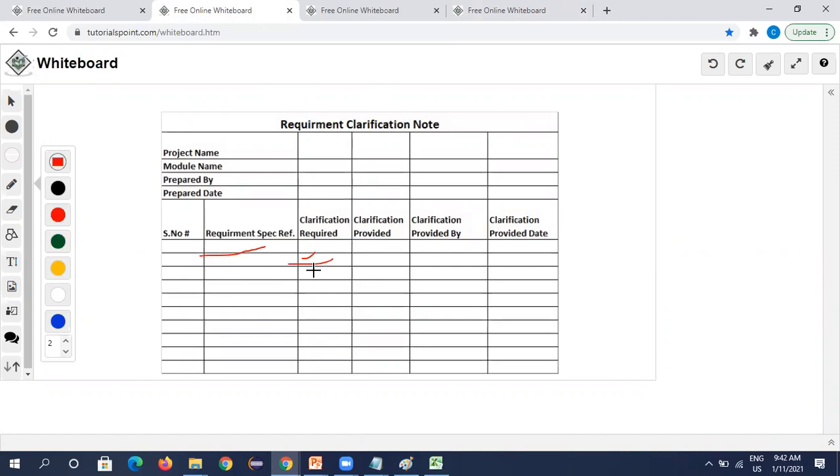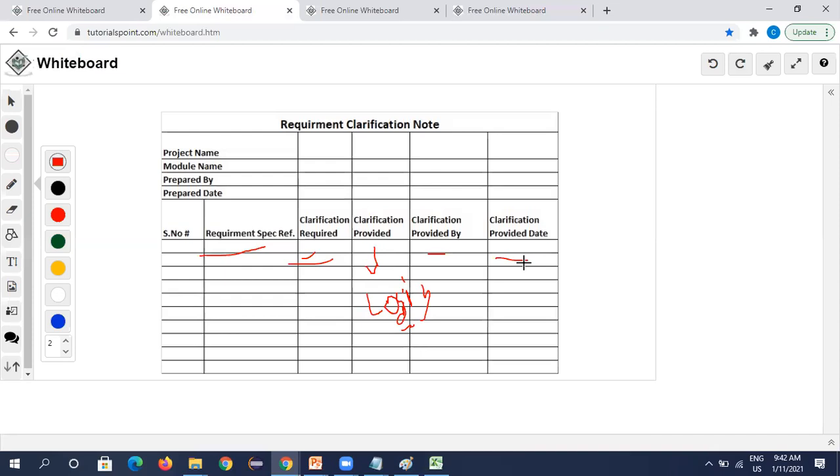Then the manager or some concerned person will provide the clarification, like it should be login only, no sign in. Then he will write his name and the date when he provided the clarification on the requirement you asked about.